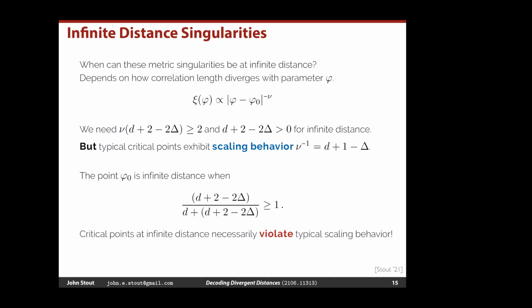So when you say typical critical points exhibit this scaling behavior, do we know exceptions to this within condensed matter? There are exceptions that I found, but I don't understand what they are. It's on my to-do list. But typical, it follows from what? It cannot be unitarity or things like that, because otherwise it would be exactly true. So what's the motivation for typical things? Why do they get this?